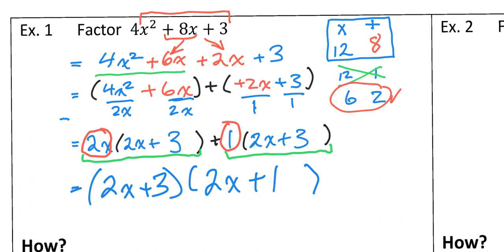And now, exactly what did we do? If you take a look at each one of these brackets here that are up on the second line, you'll notice that the greatest common factor between 4x squared and 6x was 2x. And all we did was we took the GCF out of each of those brackets after we decomposed the